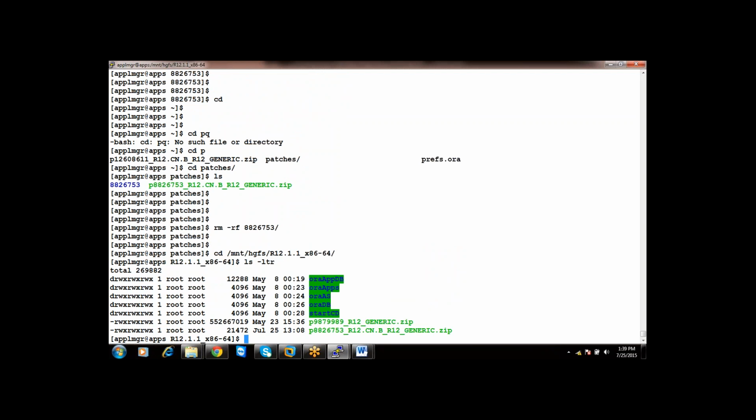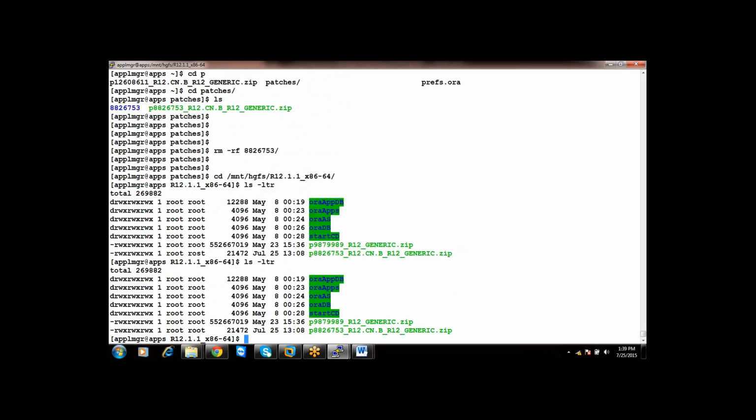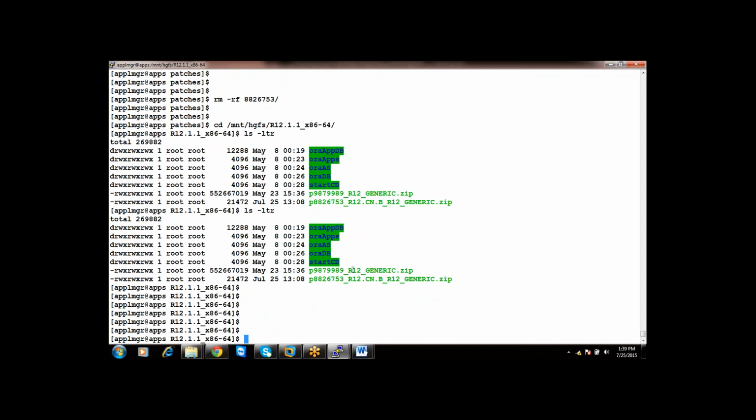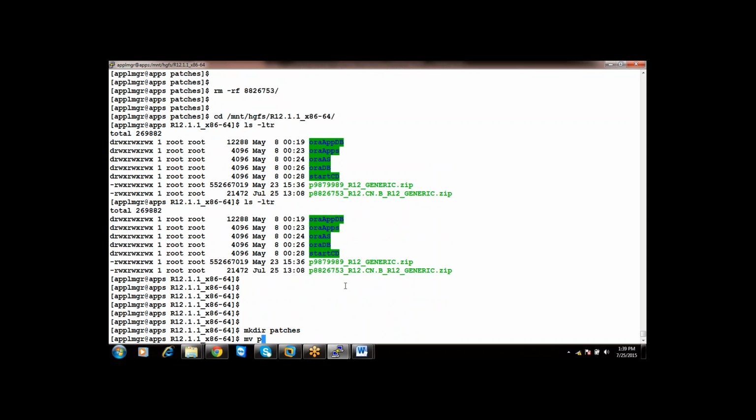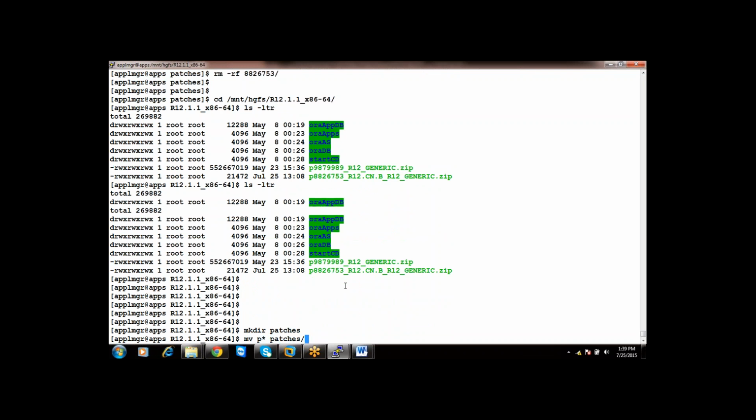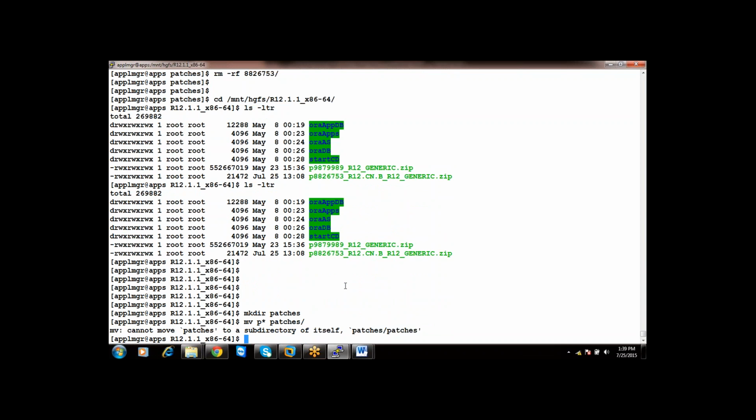Here only I will merge it. So let us assume the patches.